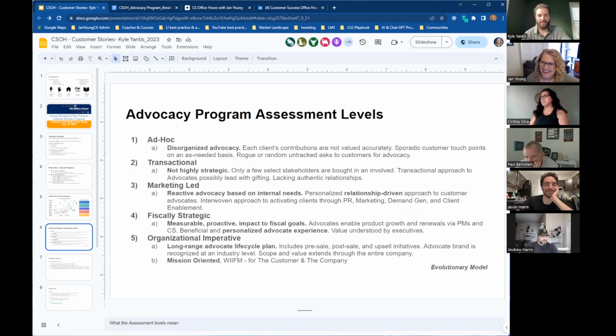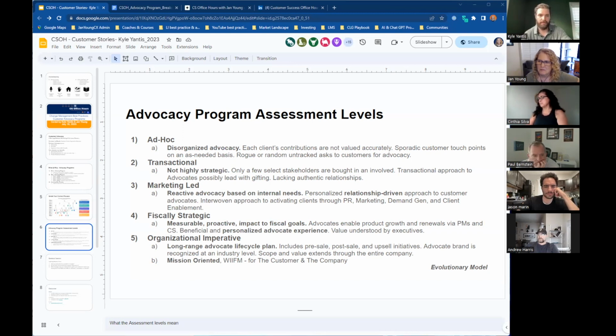if ultimately what you're trying to get to is a place where your company switches from a reactive model to a proactive model. I think a lot of companies are at a marketing-led, fiscally strategic level, where they're looking at, where do I need to improve my line of business?